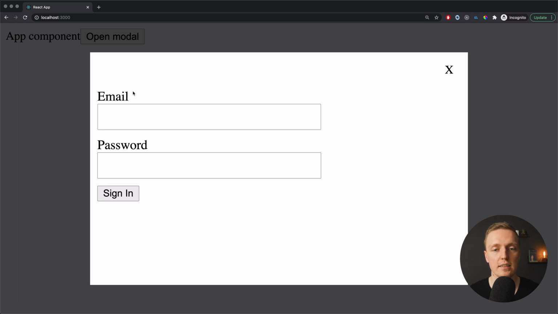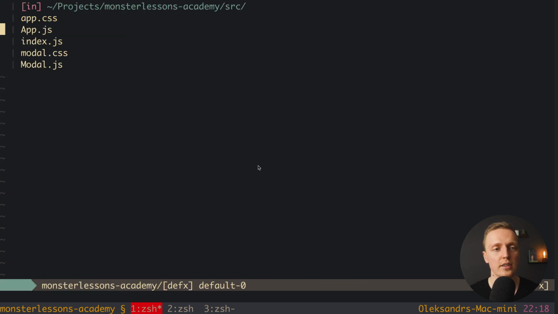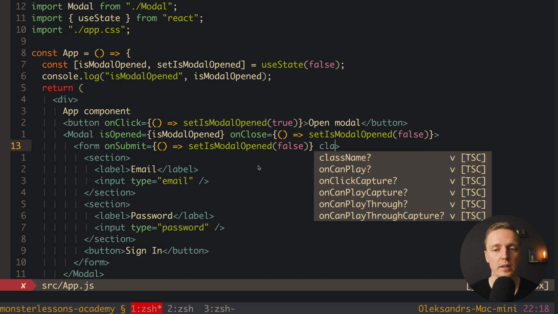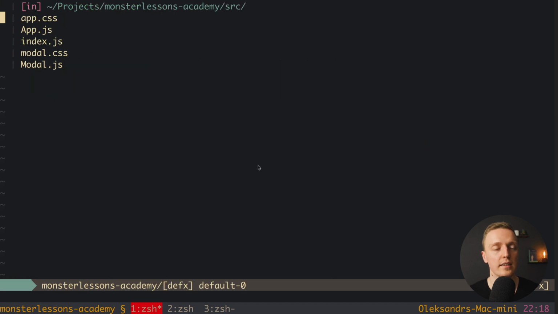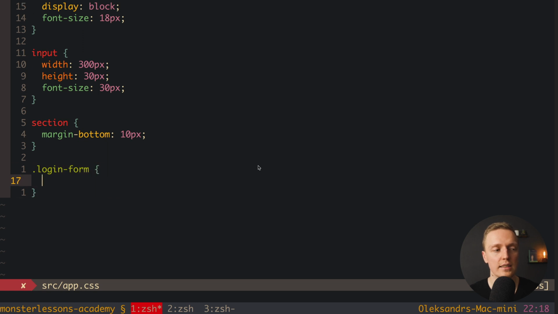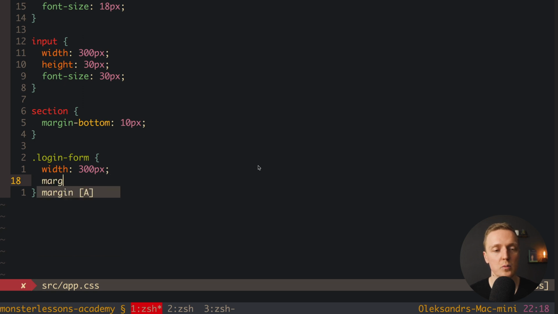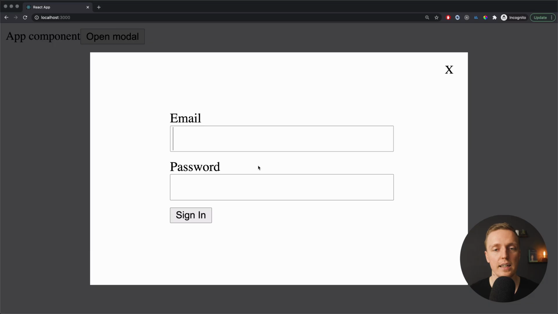And of course, we can center this login form. This is why here we want first to add some class. So let's jump in app and on our form add className, and let's name it login-form. Now we can style this login form. So here let's add login-form. And now inside, first of all, let's say that we have some width, maybe 300 pixels like our input. Then we want to center it. This is why here margin 0 auto. And we need some margin from the top, for example, 70 pixels. As you can see now, our form is fully centered and it is looking really like a real form for